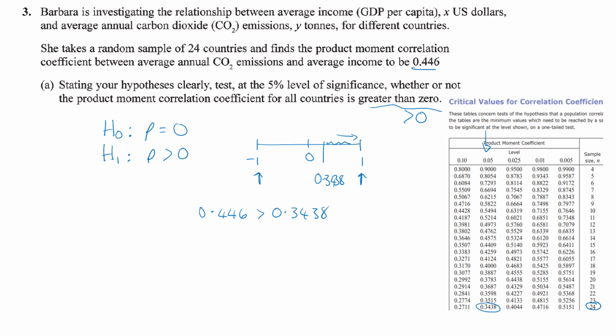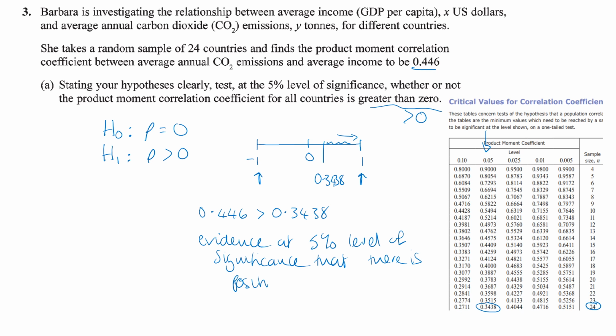So we do have evidence at the significance level of 5%. So there's evidence at 5% level of significance that there is positive correlation